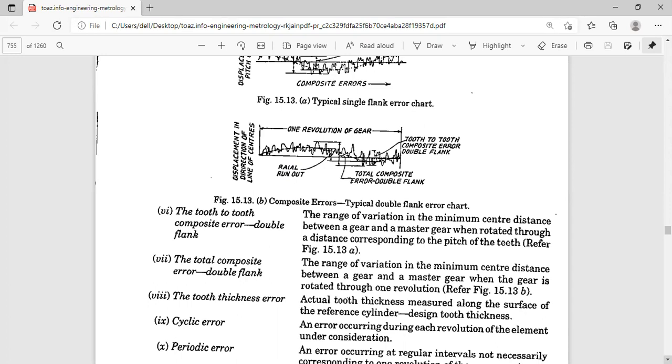Then we have the tooth thickness error. Actually, we have two methods. Already I told you, one is the gear tooth caliper method, and the second one is the constant chord method. And we have instruments like the gear tooth caliper and the flange micrometer, as given in the syllabus. It is a base tangent micrometer, which has tooth wheels at the fixed anvil and the movable anvil, and you select a particular number of teeth. So there are calculations in the lab. We will see that at that point.